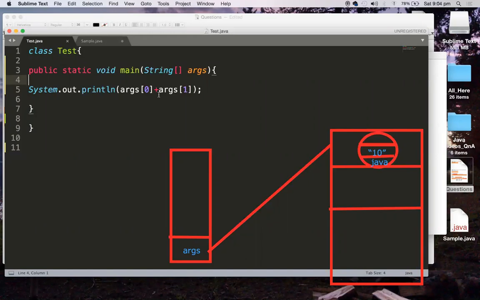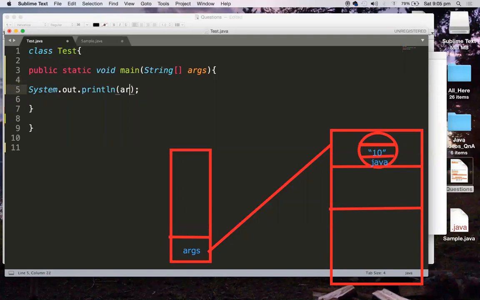When it gets two numbers, then it does the integer summation, or if it is double, the double number summation, whatever it may be. So when both arguments are numbers, it does the arithmetic summation. Otherwise, if at least one is a string, it does the concatenation. So that's what happens. 10 is a string and 20 is also a string because they are residing in this particular string array, right? That's why we are not getting the outcome properly.